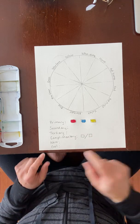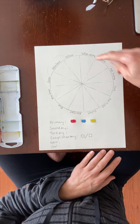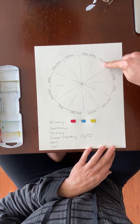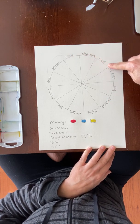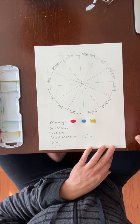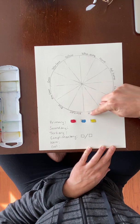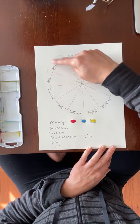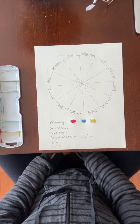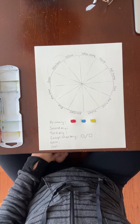Okay? And then warm and cool colors. So warm colors would be, generally speaking, any colors on kind of this side of the color wheel. So yellows, oranges, reds, red-violet is probably borderline. And then the cool colors are anything on this side of the color wheel. So violet, blue-green, or yellow-green. Those would be the warmer cool colors. And you can pick whatever 2 or 3 of those. Okay? So now what we're going to do is